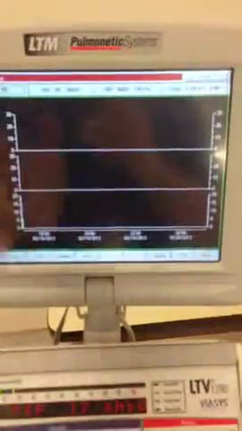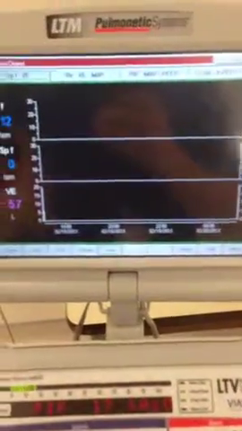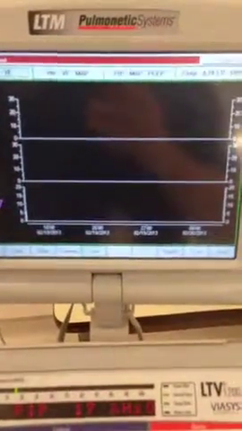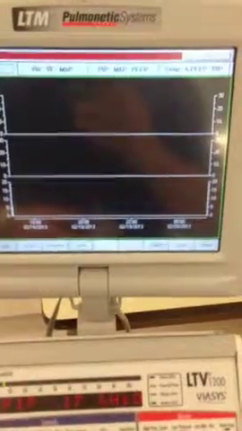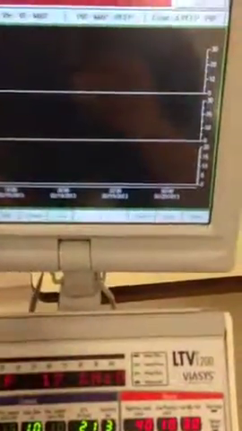You can get trending. If this was over time, you can see how the patient's been ventilating. Let's say you're in the back of an ambulance and you want to see how they were doing at the beginning of the trip versus the end of the trip. Right now I just turned this on, so I'm not going to have much of my trend. But you can even set this all up to personalize it yourself by going into scales and menus. Okay, so it's a really nice package for